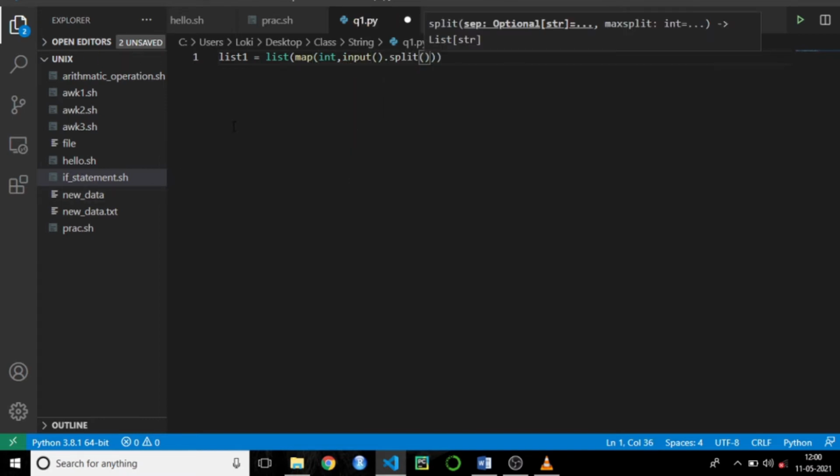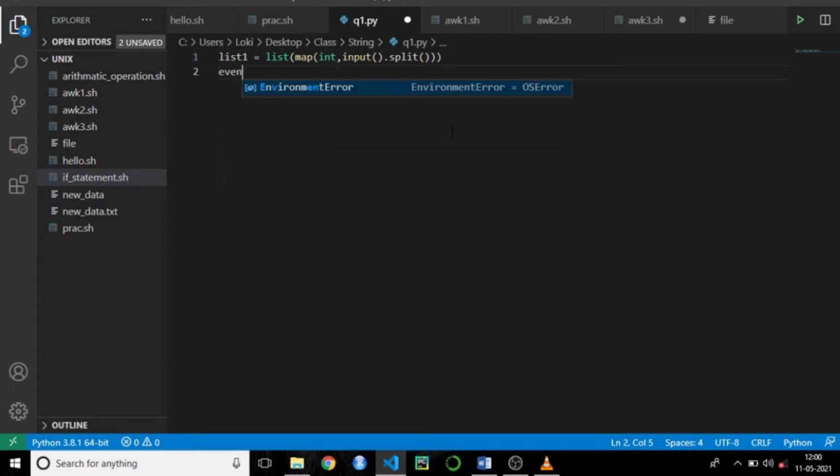If you don't know how this line of code works, please watch my earlier video on even and odd numbers. You will get to know how this line works. As in the earlier video, I am initializing two variables to get the sum of numbers which are in even index, and the sum of numbers which are in odd index.